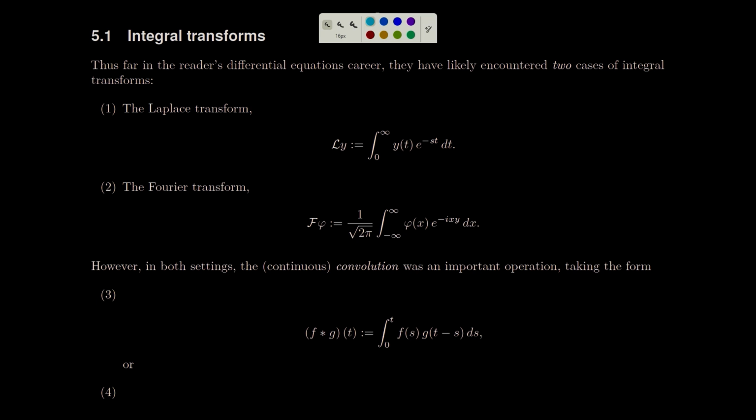So let's just take a look at the Laplace transform again. This is kind of a throwback to some ODEs here. So the Laplace transform was an integral from 0 to infinity of whatever function we were looking to transform. And then we multiplied that function by e to the minus st and integrated over all of time. So the important thing is that since we're integrating over time, t, that's going to 0 to infinity, the output here is some function, I'll give it the name capital Y, of the very last variable here, which was the